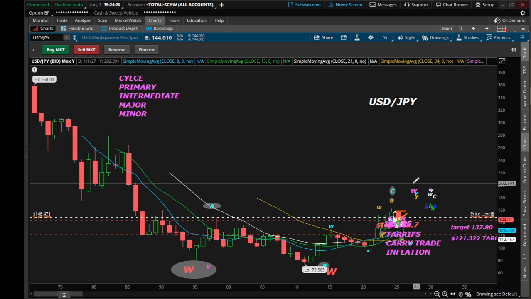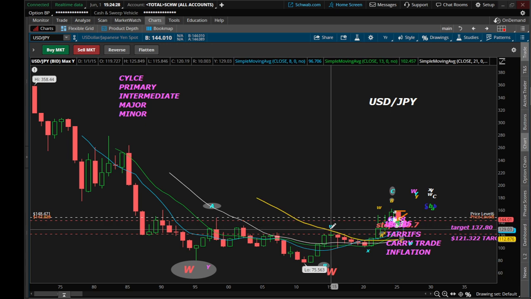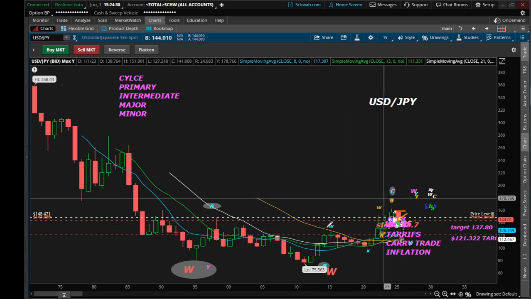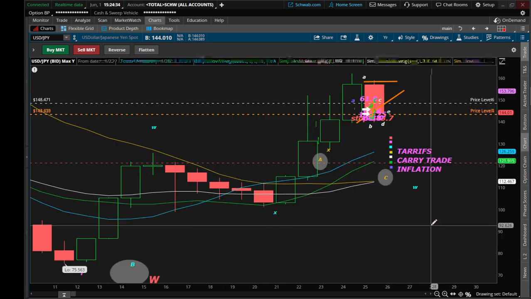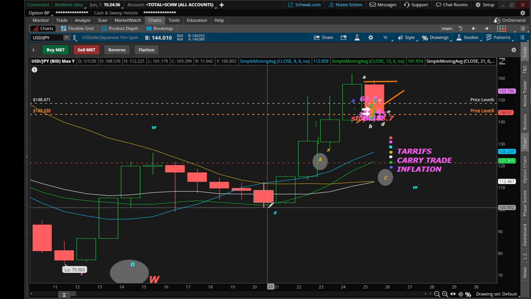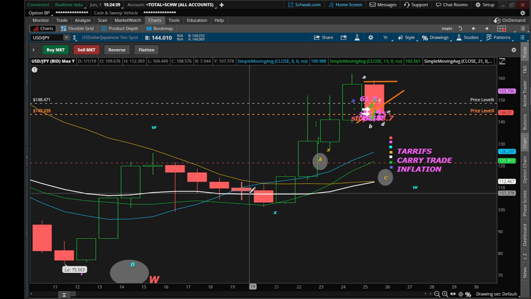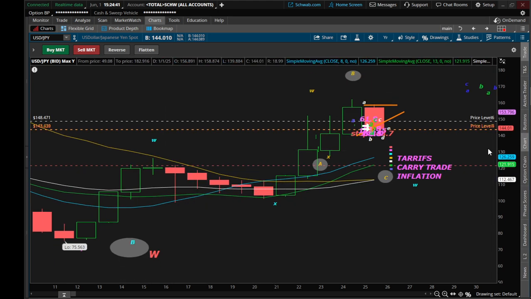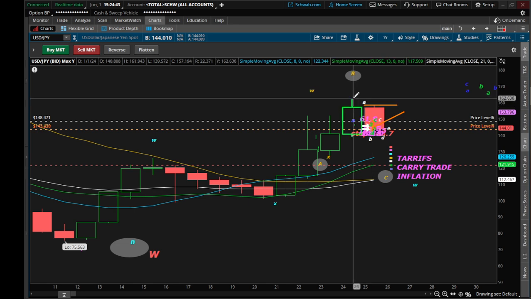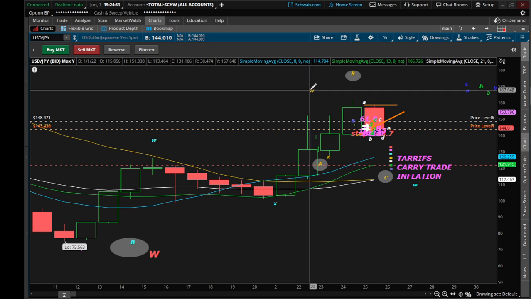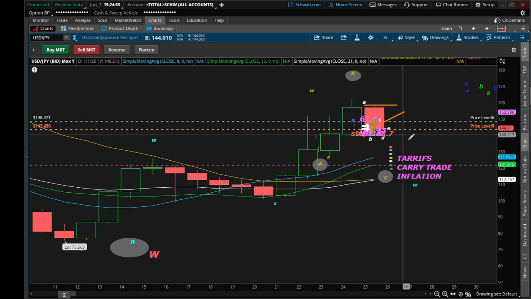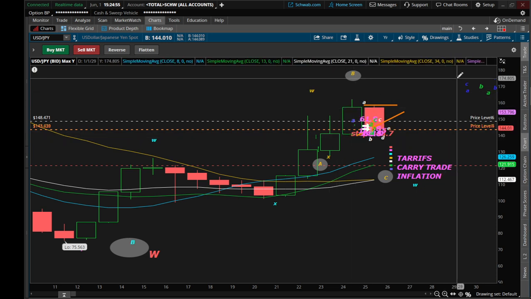So we're looking for a W up, and right now, as far as I have gotten, is the W and X in intermediate, and I am contemplating whether this candlestick is the intermediate Y or a major degree W,